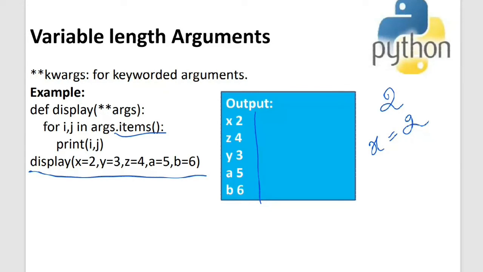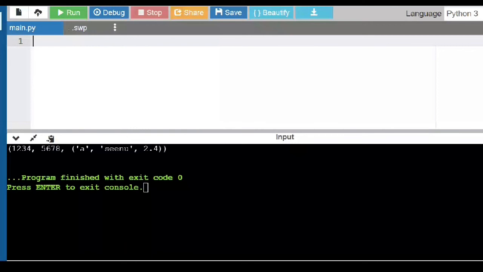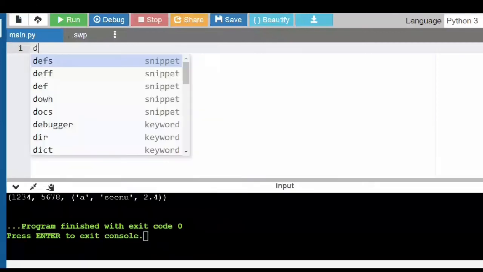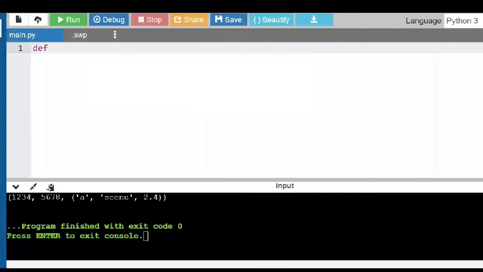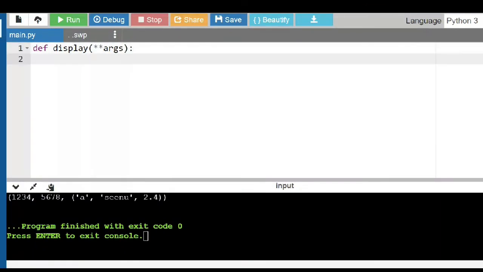Yes, ma'am. So let us see the execution of these keyword arguments. I have a function called display. Inside the display function, I am catching the keyword arguments. I am giving double star and then the name of the argument. It can be anything. I just gave kwargs, colon at the end. This is how you define a function.